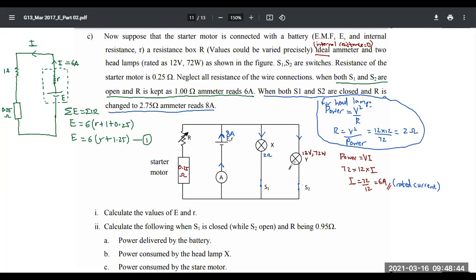Now I can't assume that current is 6 ampere because total current coming out of the battery itself is 8 ampere, people. So this we don't know. So I'll take it as I, and here also it's going to be I because these two are identical paths. Therefore, same amount of current is going to flow. All right, good. Then what is the plan? Here I. R is known, right? What is the value of R? 2.75 ohm.